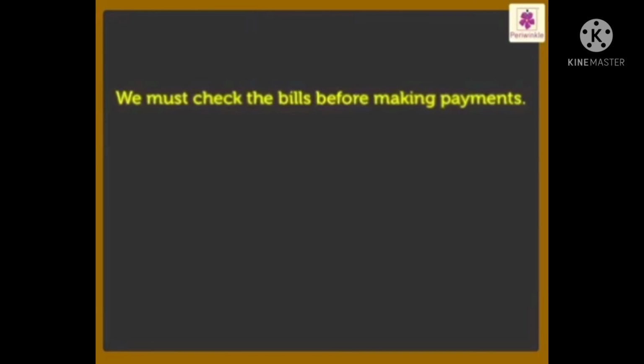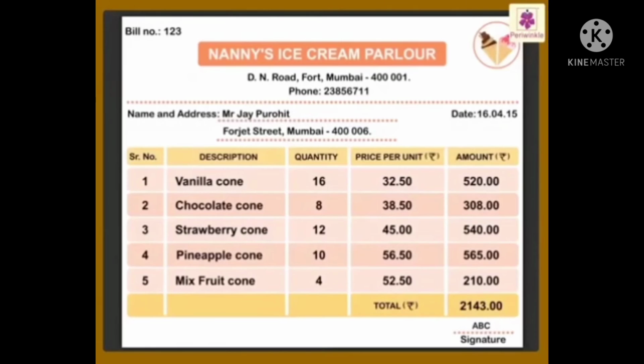We must check the bills before making payments. Now, let us study a bill and notice the information it provides. Each bill has name, address, telephone number, and a bill number of the service provider shop. Name and address of the customer, date on which the items are sold,